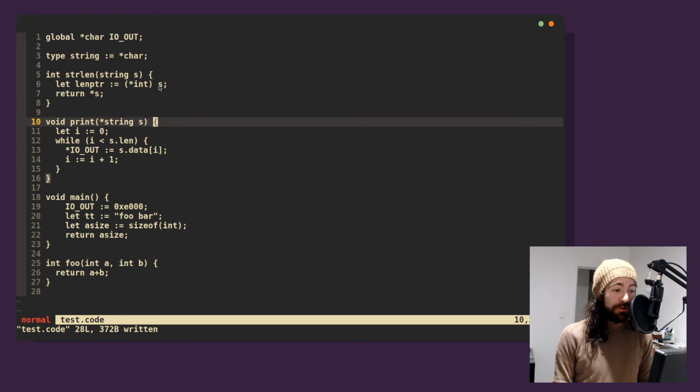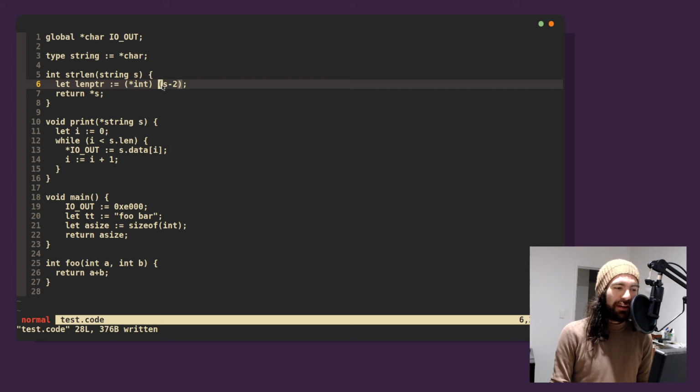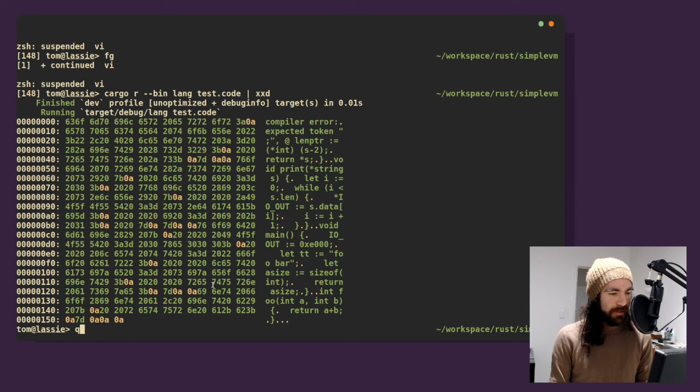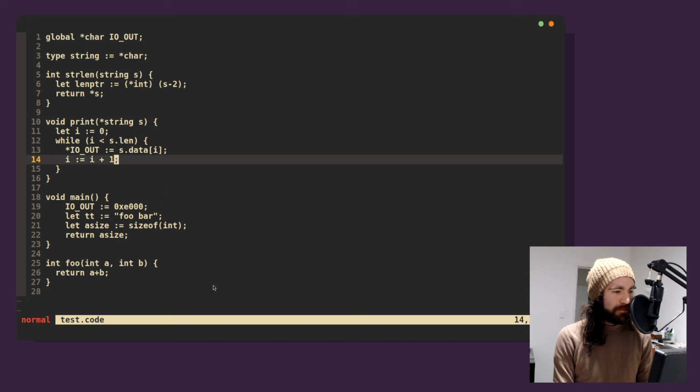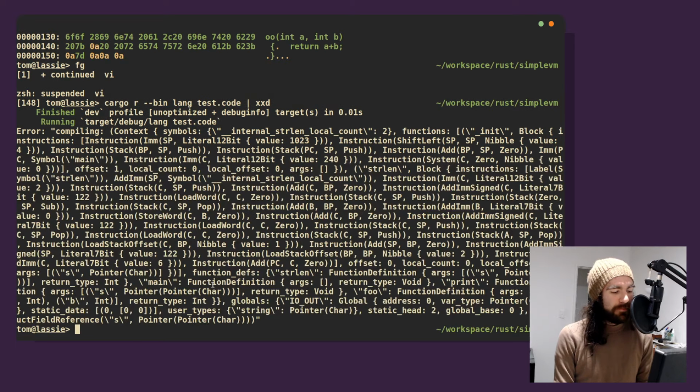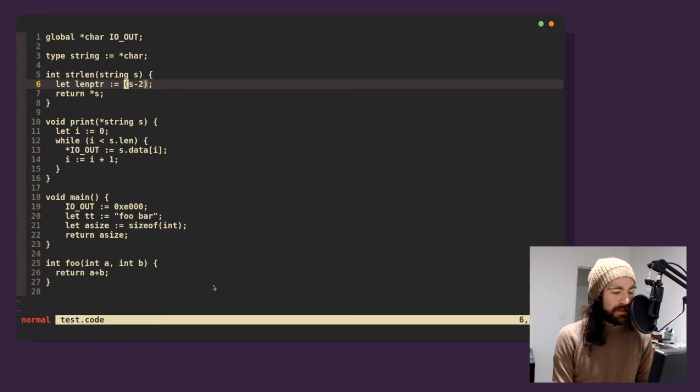The other thing we could do is this, right? Where we subtract from s, we subtract from this pointer, and we cast from that, and we say that when we have a string literal, we actually advance by 2. Because if we have a look at this data, apart from the fact there's a compiler error, that's great. Oh yeah, because it doesn't know what this is. It'll probably let me do this. Nope. No struct field reference, s, pointer car. Yeah, okay, that makes sense.